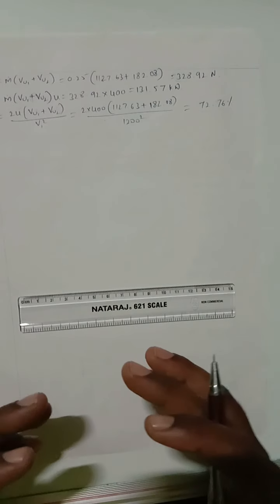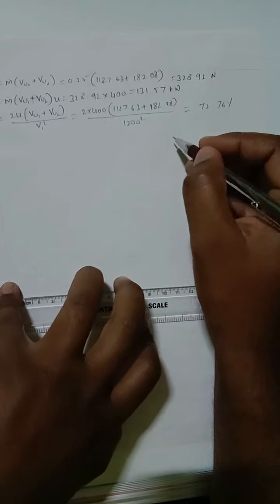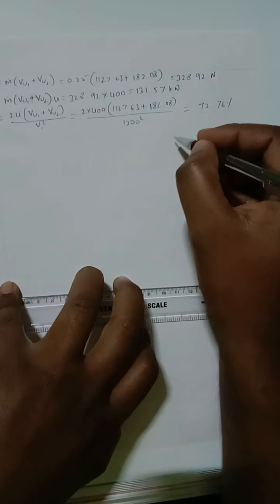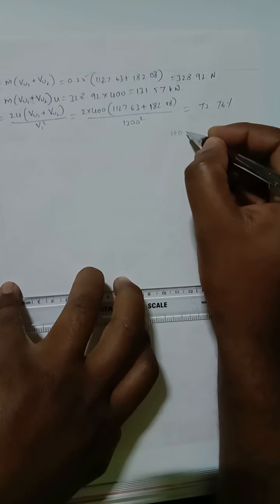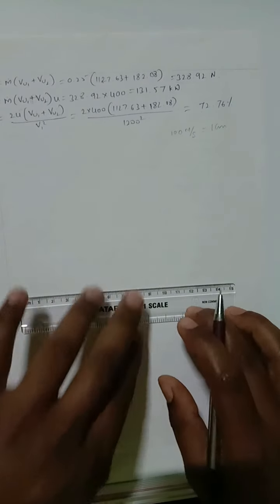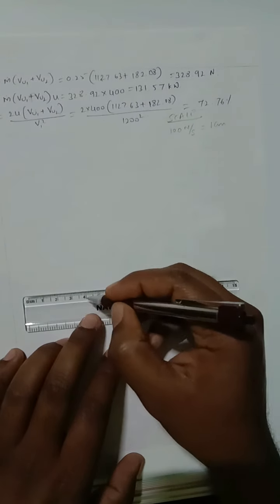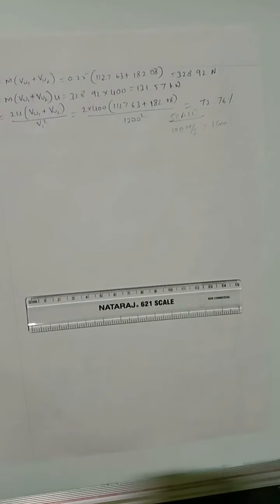Okay, before drawing the velocity triangles using the graphical method, we need to use a scale. So here I will use the scale. You can take an appropriate scale based on the space available. Okay, I will take 100 meters per second is equal to 1 centimeter. So what is this scale? It means if I draw a 1 centimeter line, it indicates 100 meters per second of velocity. That is a very important step in drawing the velocity triangle using the graphical method.